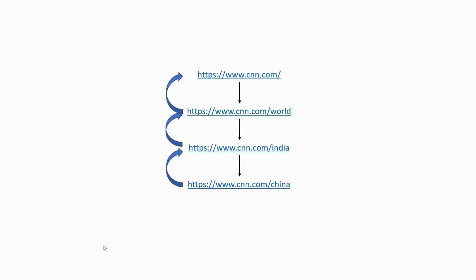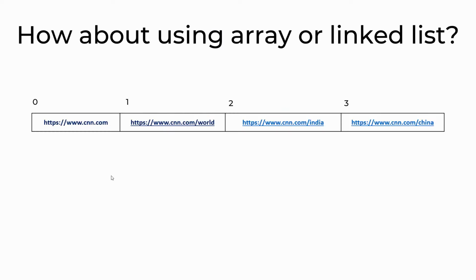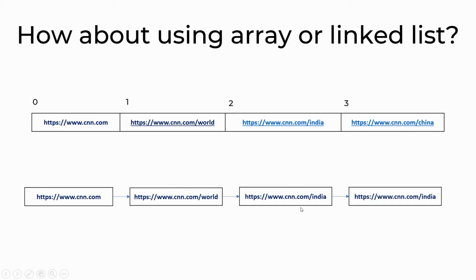This is a pictorial representation of links that I visited in this order, and when I click on the back button, really I'm going to the last page that I visited. Okay, so I am now traversing these links in a backward order. One option I have is I can maybe use an array to store all these links, and whenever I want to get the last element, I have to go to the end of the array and pop that element out. Another option is, of course, you can use a linked list, but the issue with these two data structures is that,